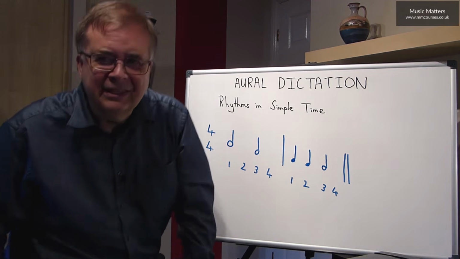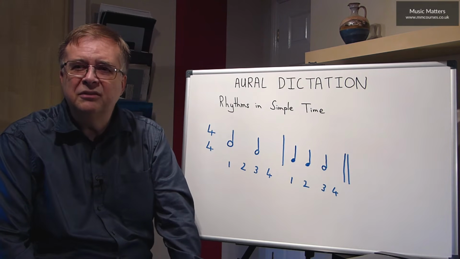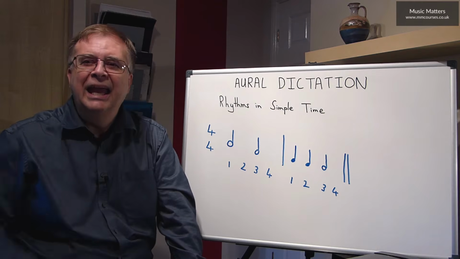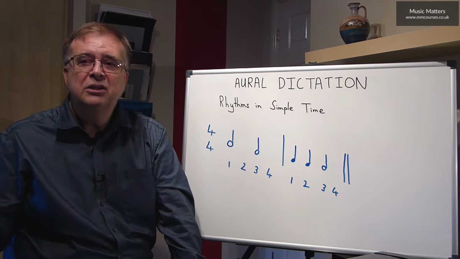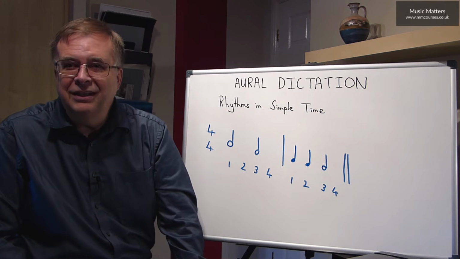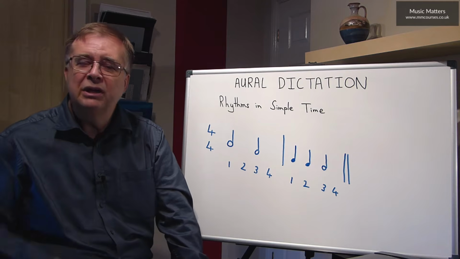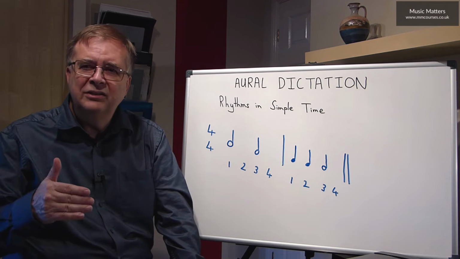Now I hope that makes sense, and I hope you're beginning to see what I'm talking about in terms of the technique for dealing with this. It's one thing to know that a note is worth 2 beats or 1 beat or 4 beats in theory. It's another thing to relate it to a rhythm, because when you're relating it to a rhythm, you're really thinking,